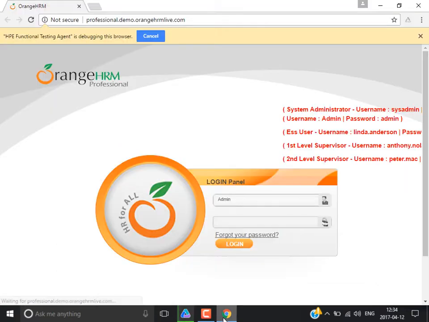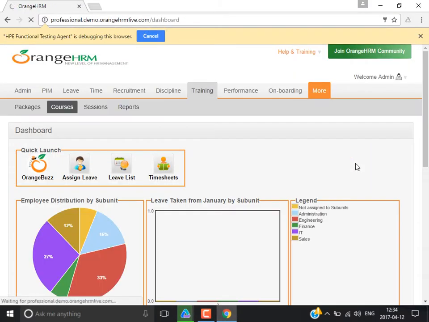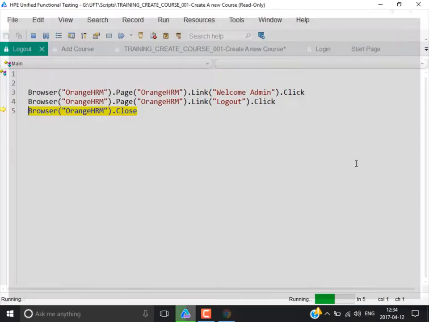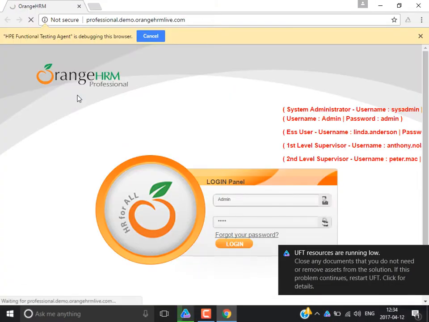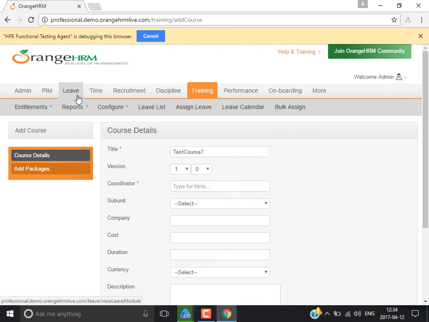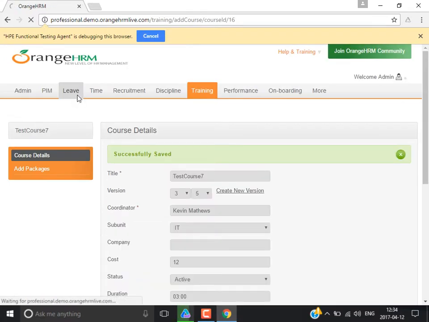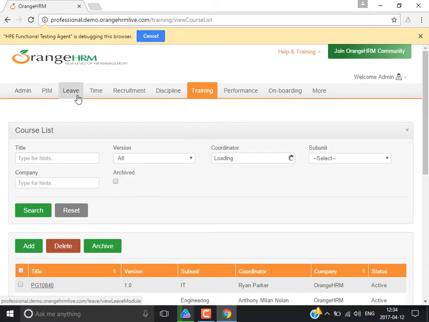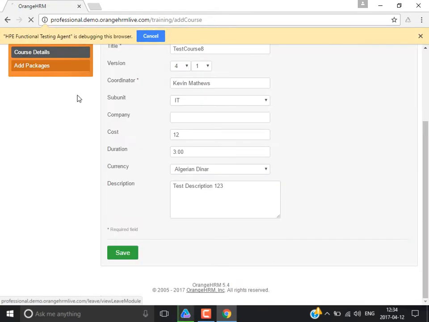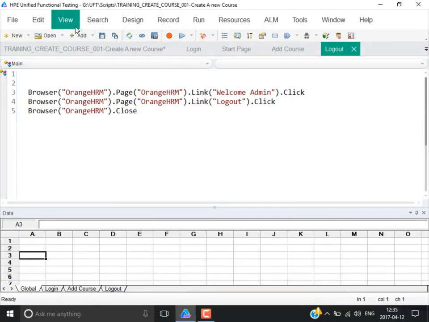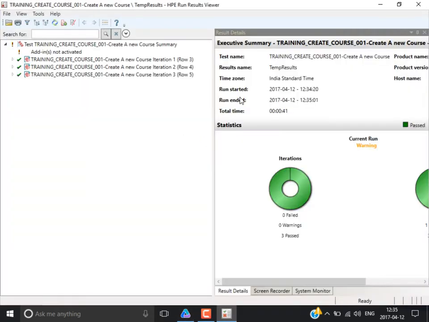I'm running the script now. Just wait, let it get executed. Maybe 3 iterations will be executed because of the setting that has been done like that. Yeah, the script has been executed now. Now if you go to View and Last Run Results, the results file has been generated like this. Now if you expand this,